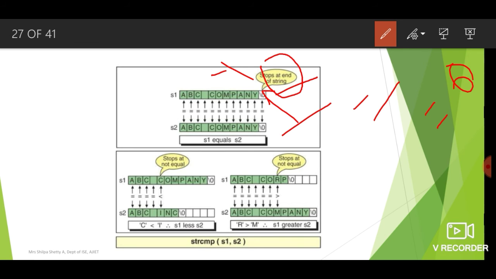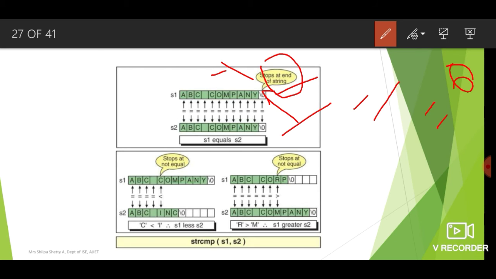Let us consider the second example, where the first string is "ABC company" and the second string is "ABC INC". The first 4 characters till the space are the same, so the comparison continues. But what about the next character? In the first string it is C and in the second string it is I. If you take the ASCII values, the ASCII value of C is smaller than that of I, or in general the ASCII value of I is greater.